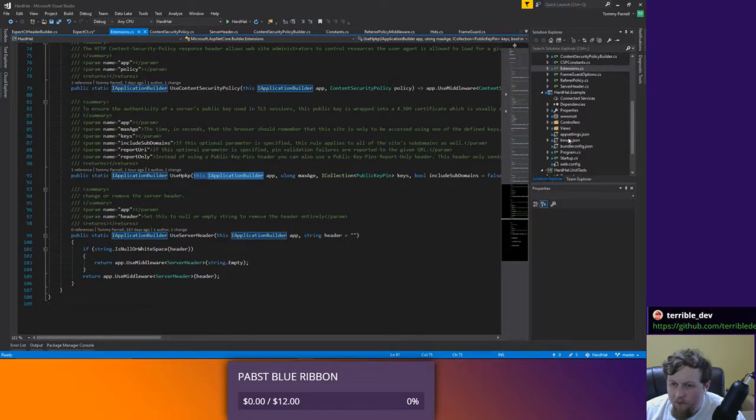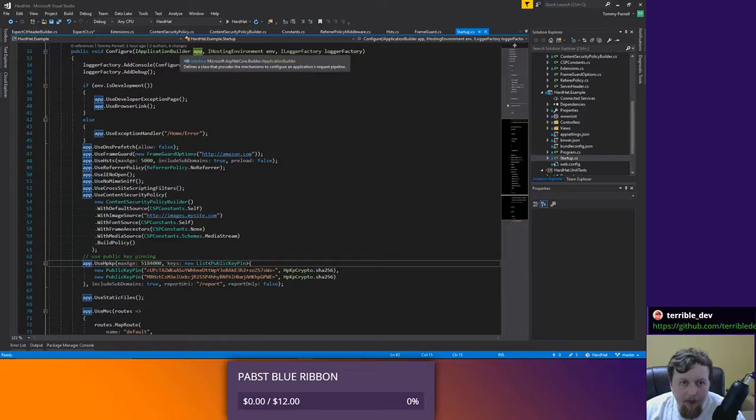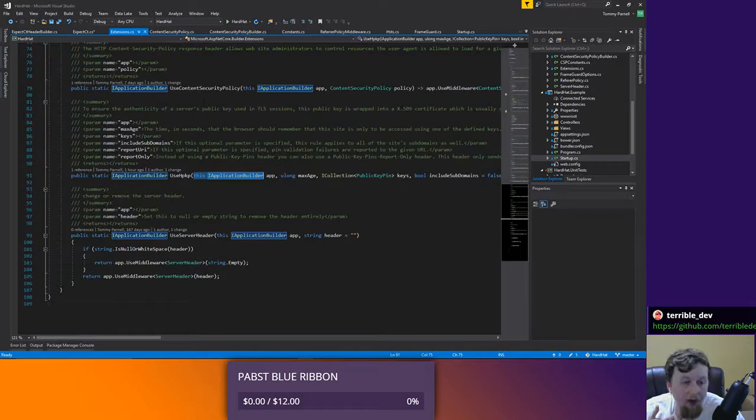So if we go look at Startup here, app.UseHPKP should be here somewhere. Oh yeah, it's down here. See, it's right here. Now I don't actually control this IApplicationBuilder. This is actually shipped by Microsoft, but I can add functions on top of it, which is what I'm doing essentially. So we need to add one that says